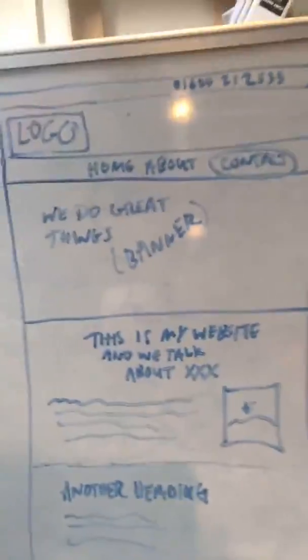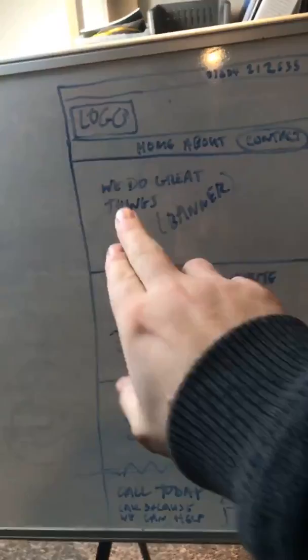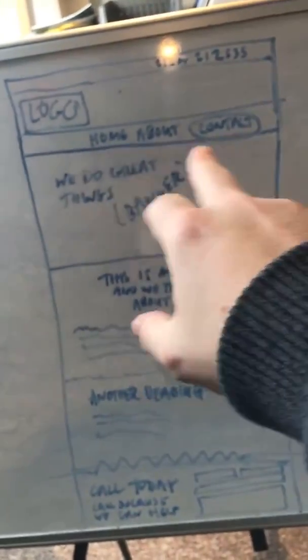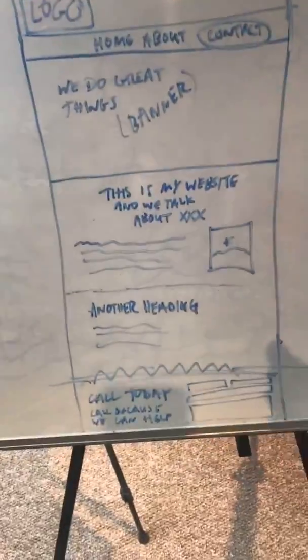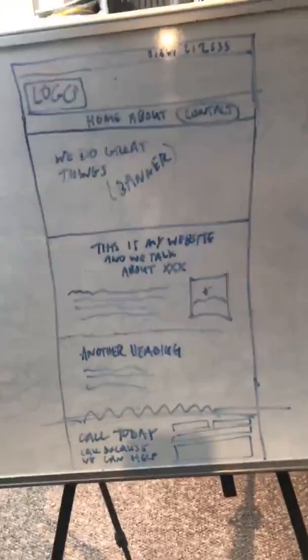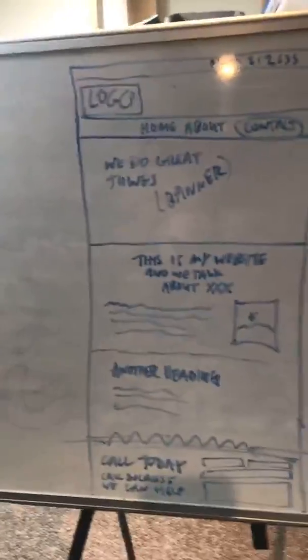Okay, so here we have a dummy mock-up of a website. You can see we've got a logo, a main navigation, a banner, and all the text with a call to action. And this is quite a standard layout for a website, and the reason it is like this is because,